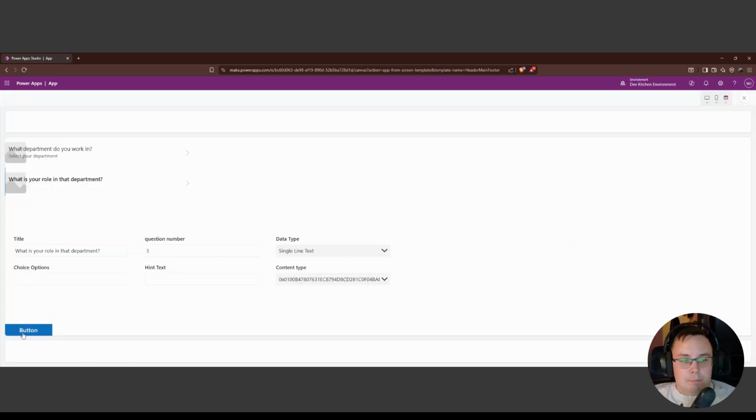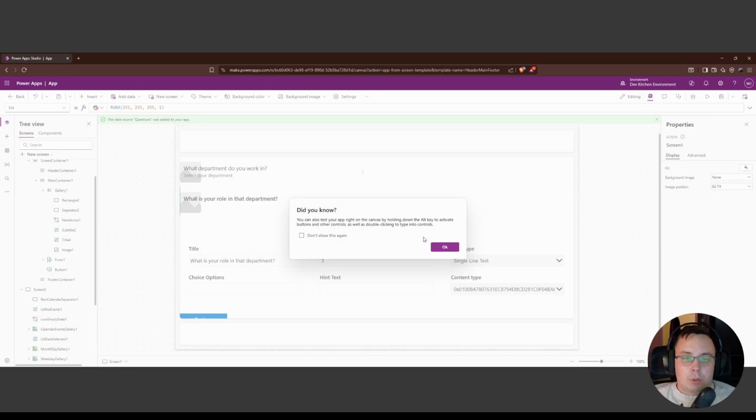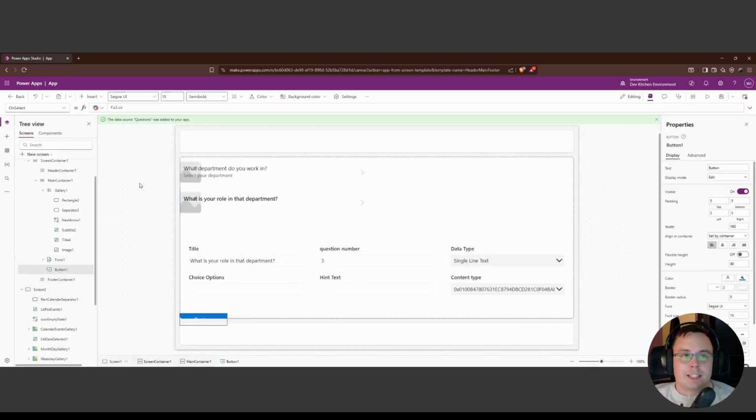Scroll down, you can see that button there. Hover over it, lets me push something. But I need to define what it is that it's going to be doing. So when you select the button, the default property it chooses from the drop down is the onSelect. And like I said, this is the property that allows you to change the behavior of what happens when you